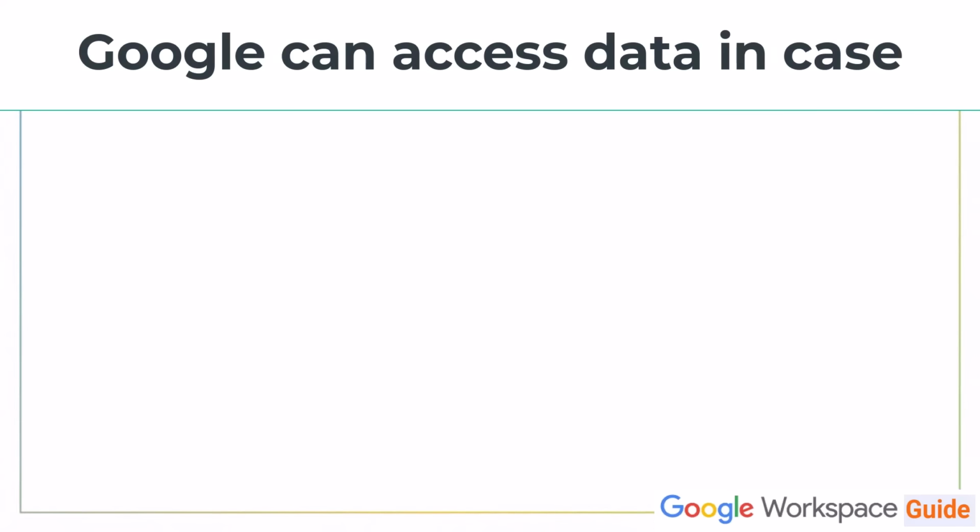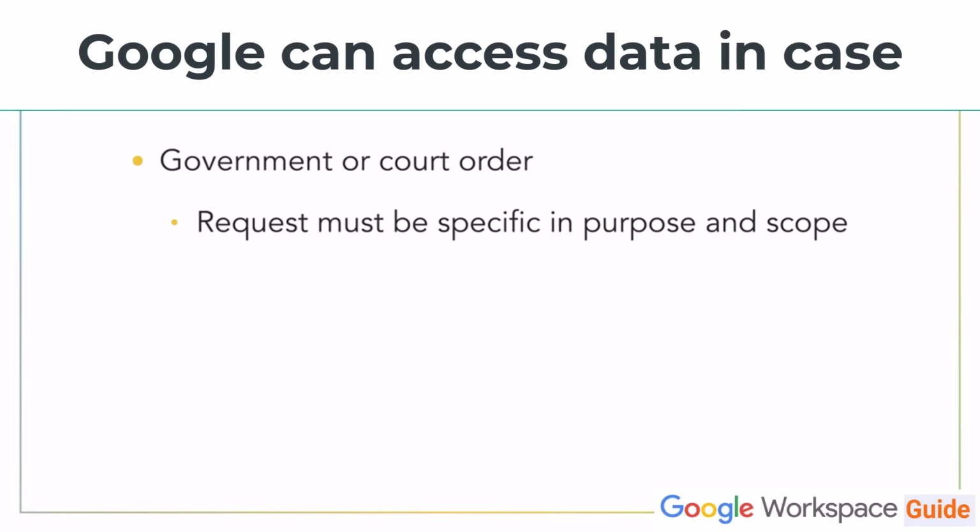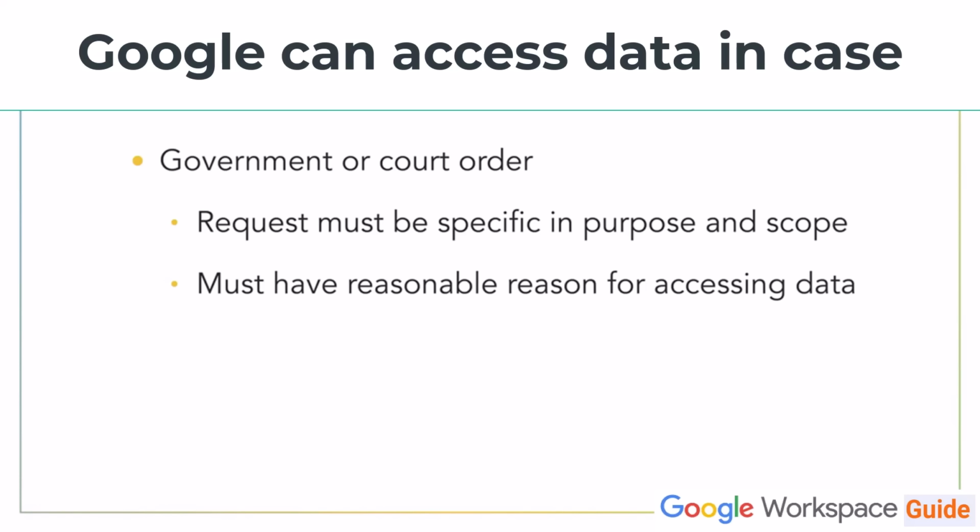There are, however, specific circumstances in which Google may access or share your data. The first is requests by government or court order to access or remove data. While Google must comply with these requests, Google has an established process and strict guidelines for handling them. Legal or government requests for data must be specific in purpose and scope, meaning that in the event of a court-ordered request of your data, the request must contain reasonable justification for accessing the data, and the scope of the access will be limited only to what's absolutely necessary to fulfill a